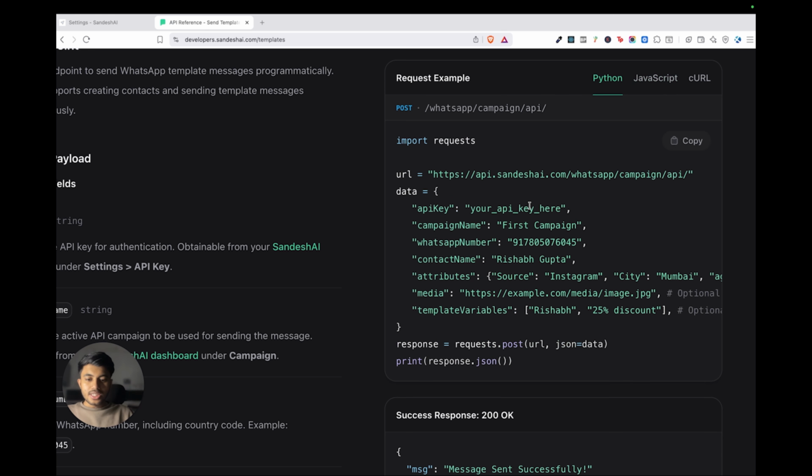If you are using a CRM or automation tools like n8n or Pabbly, you can easily make this custom API call directly from your platform. Every tool has an interface to call a custom API, and the steps remain exactly the same as what we are doing here. For this demo, I'm using Python to make the API call. So just copy this code, click on the copy button here, and let's run this Python code.